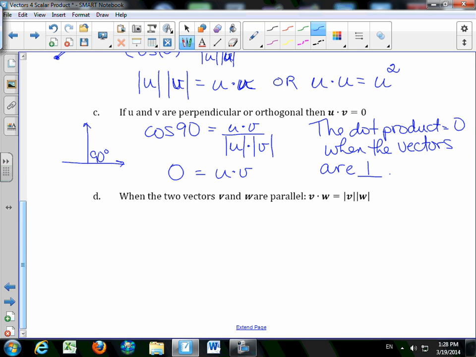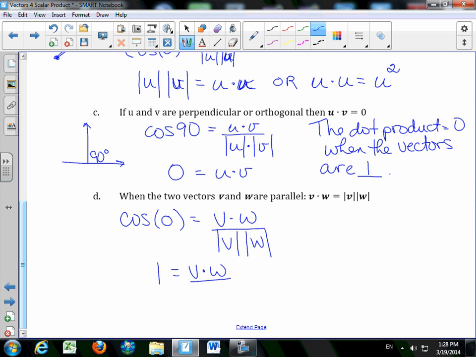Again, they're parallel. So for parallel lines, the angle between is going to be 0. So we're going to have cos 0 equals v dot w over the length of v times the length of w. And again, the cos of 0 is 1. So then we basically prove